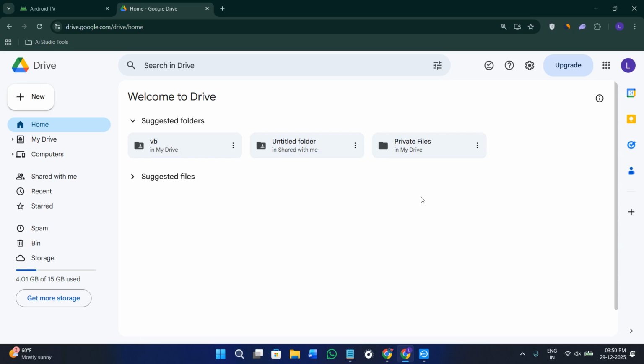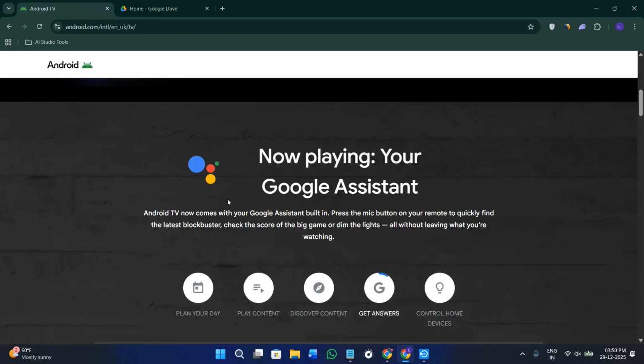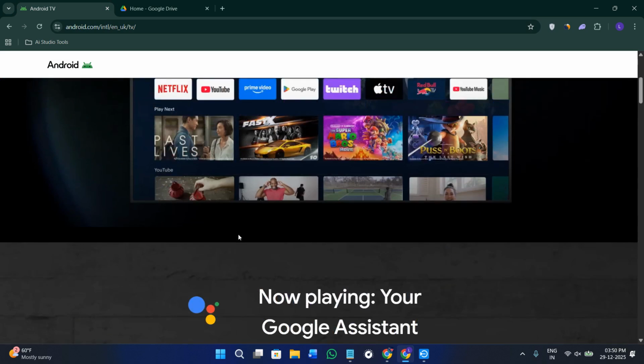In today's video, I will show you how to access your Google Drive files on Android TV. You will be able to open your photos, videos, and documents right from your TV screen without moving the files manually. For that, first of all, you need to turn on your Android TV and make sure that it is